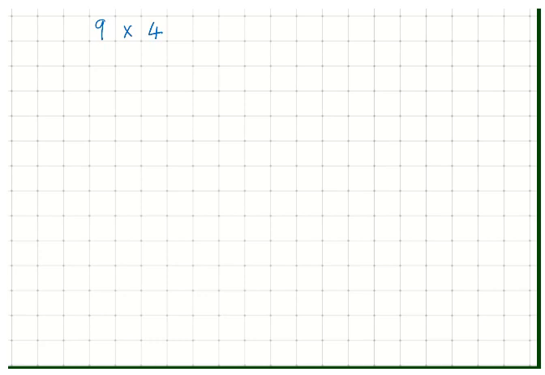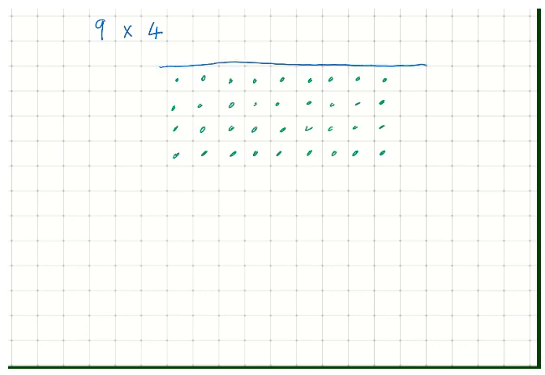So we can have 9 groups of 4. So we'll do 1, 2, 3, 4, 5, 6, 7, 8, 9. And I'm going to do 4 groups of them. So that shows us 9 groups of 4, 9 multiplied by 4. To do the box method, all we need to do is put a box around our